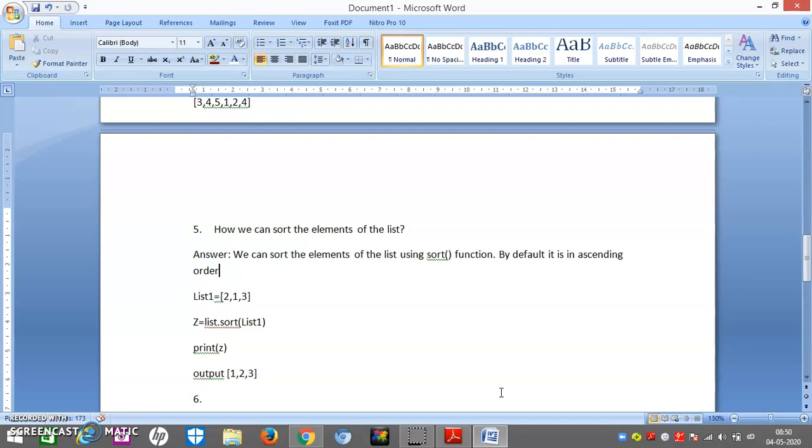Now the next thing, how to sort it in descending order? We will write reverse is equal to true. Okay, so we will write reverse is equal to true or false, then it will be there.